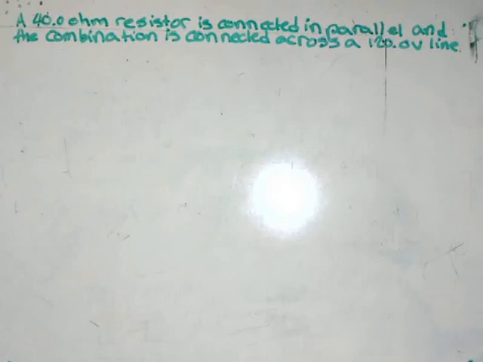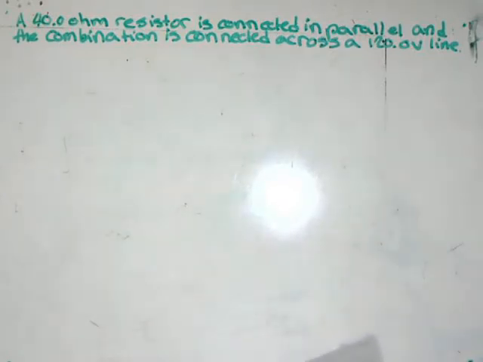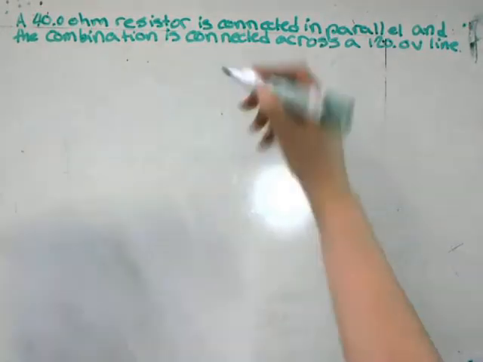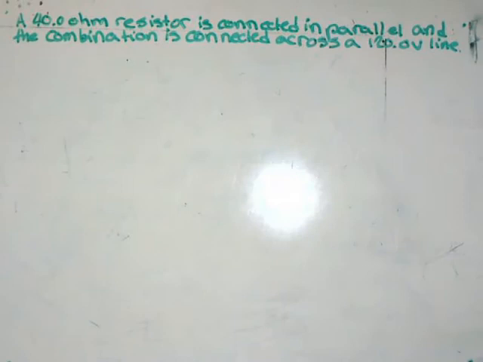Okay, so we're going to do number 6 on the circuits problem set for IB. The problem is: a 40 ohm resistor and a 60 ohm resistor are connected in parallel, and the combination is connected across a 120 volt line. So the first question they're going to ask is, what is the resistance of the parallel